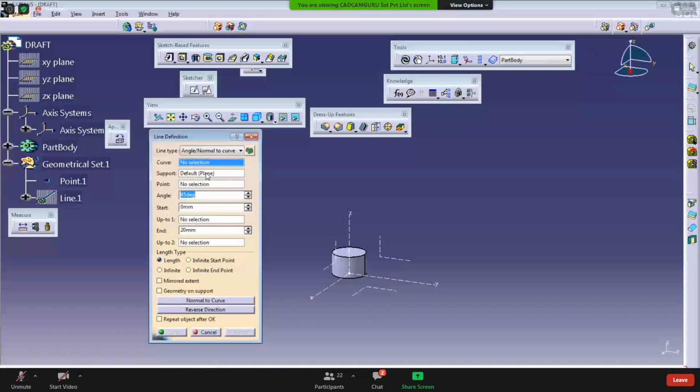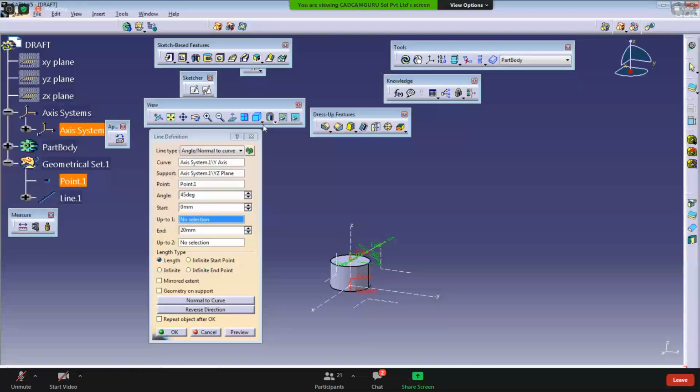What is your reference? The reference, now I'm selecting this Y as a zero reference, as the X-axis. I'm selecting here Y reference. Your support will be this plane, and the point, I'm taking this point. Now check, if you look at it from front view.